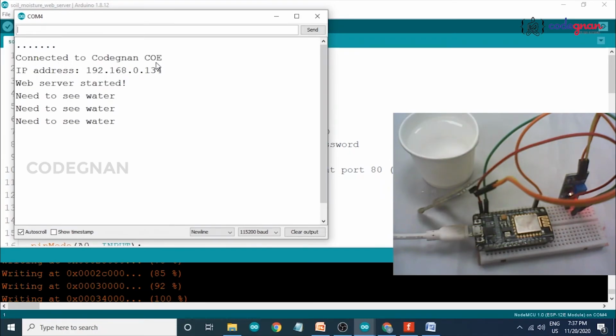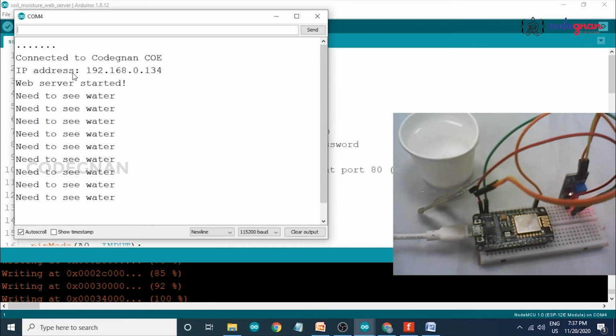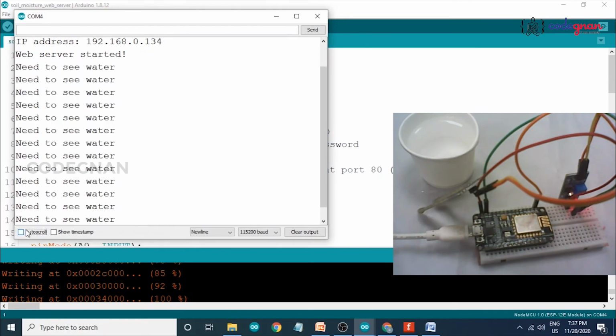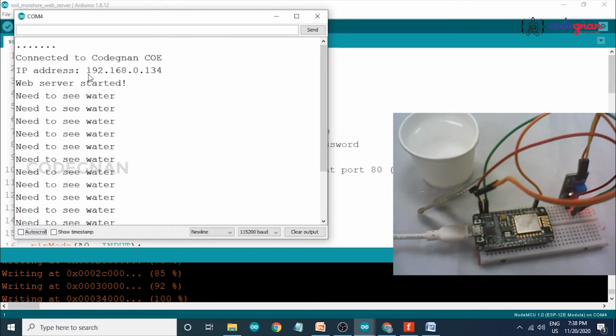Okay, connected to Coordinate COI. This is my SSID, connected with Coordinate COI, and it gives an IP address. Copy this IP address. Click on autoscroll to turn it off. Now copy this IP address.